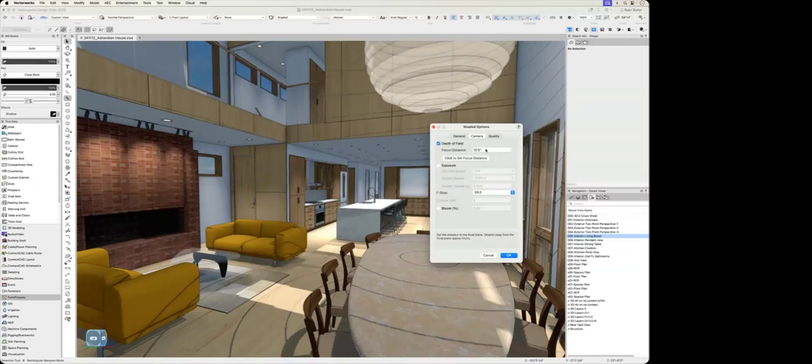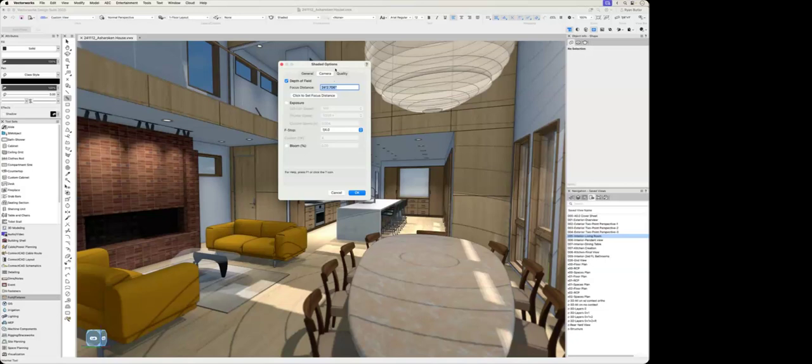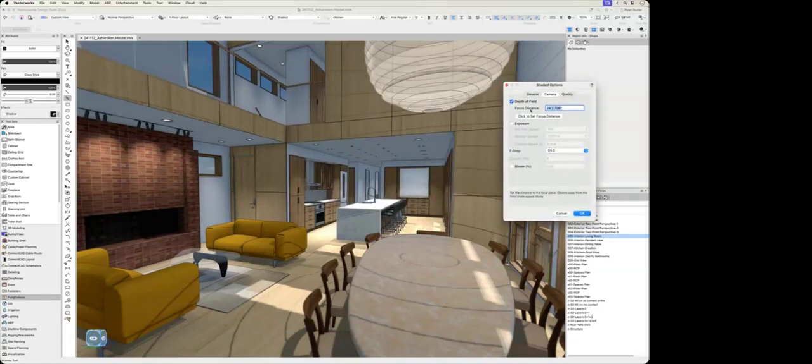Now I can choose the focus distance. You can see right now that some of the view here is blurry and some of it's in focus. Now if I wanted to change that, for example, instead of the table being in focus, I could make the countertop in the back in focus. And you could see that it automatically changes the distance, and you could see that it changes here. So it's blurry on the table over here, it's a little blurry on the couch over here, but the kitchen is in focus. Now you can also change the exposure